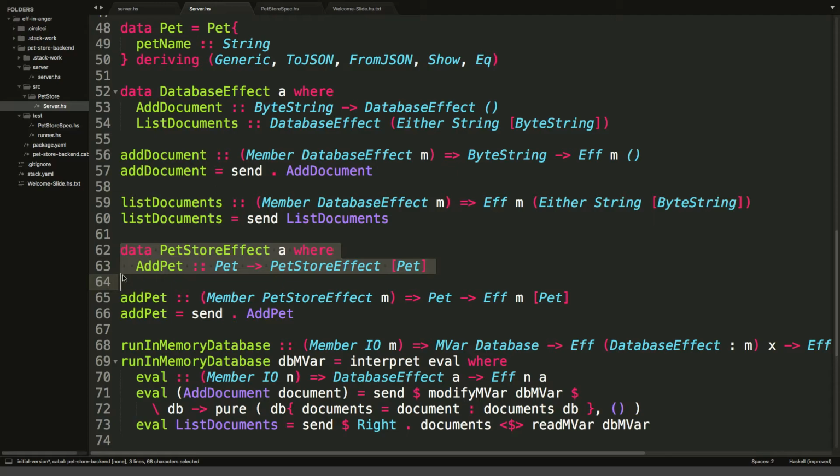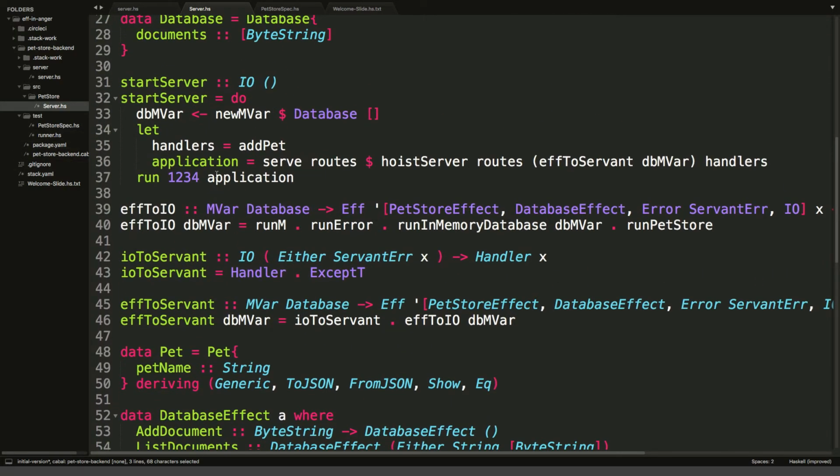Because you can imagine that if our application becomes more complex, we will have some real core domain which will be really pure functional. That's our end goal. Here we are just starting from the outside in and molding the various services that we are providing. And we were able to model different concerns of our system as separate components that declare that this component relies on this other component, and then we were able to swap it out. Oh, by the way, we used this MVar, right? But we could have instead used a pure handler in F that allows you to carry a state through in a pure way, so you don't need